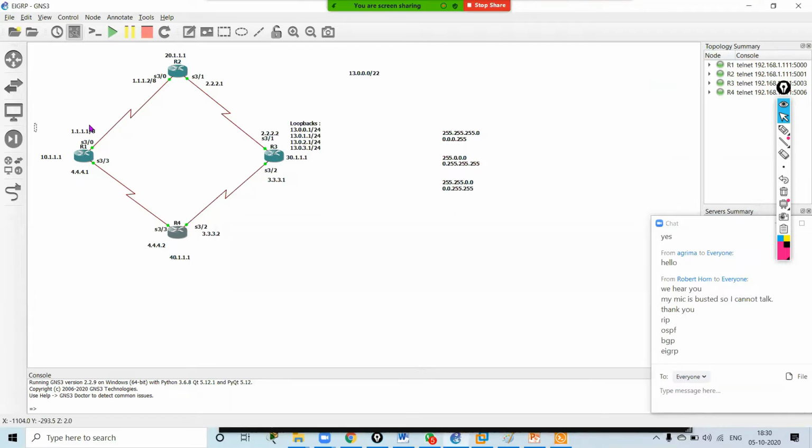So here on R1 I have the 11 loopbacks: 11.0.0.1, 11.0.1.1, 11.0.2.1, and 11.0.3.1. All are /24. Here on R2, I am having